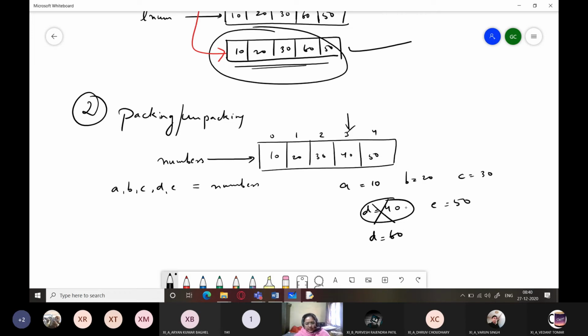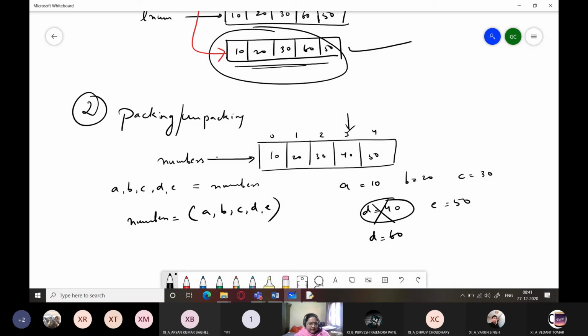So again in the memory somewhere 40 might be stored, because I had told you that in tuples also there are pointers or references to memory locations which contain the actual value. So again d was earlier pointing to 40, but now it will be pointing to 60. So this change has been made, and now you are repacking. So now what will happen when you are repacking it?